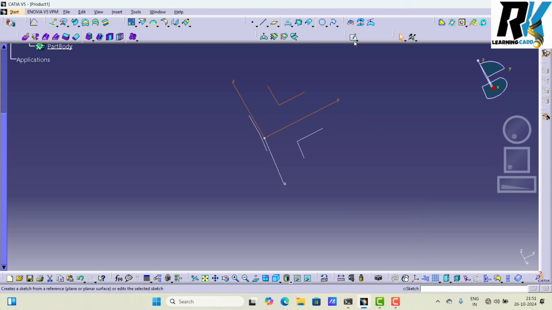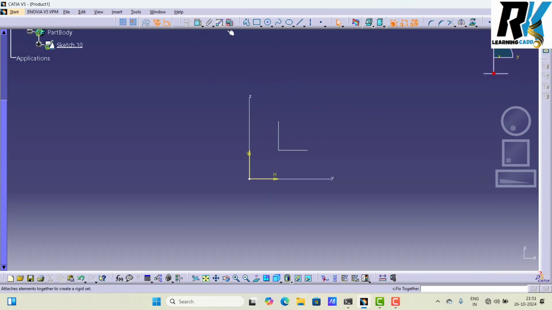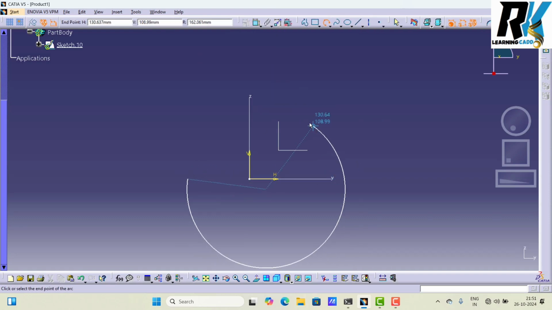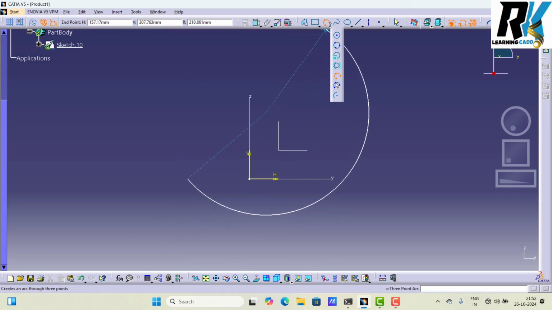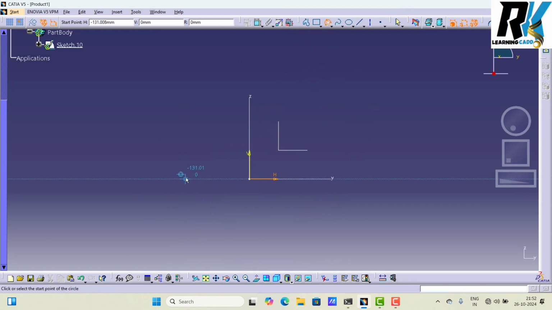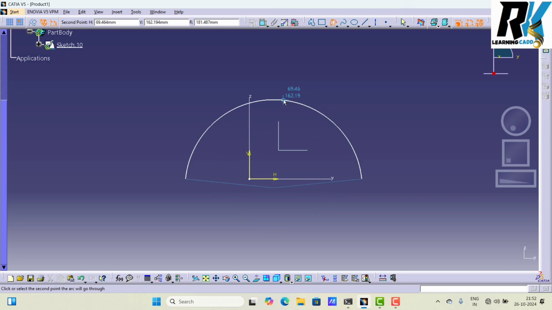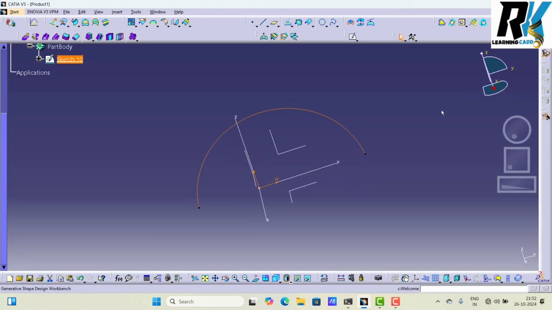I select this plane and make a sketch here. You just select here and make one arc. I select here 3-point plane, this and this. I just finish it.